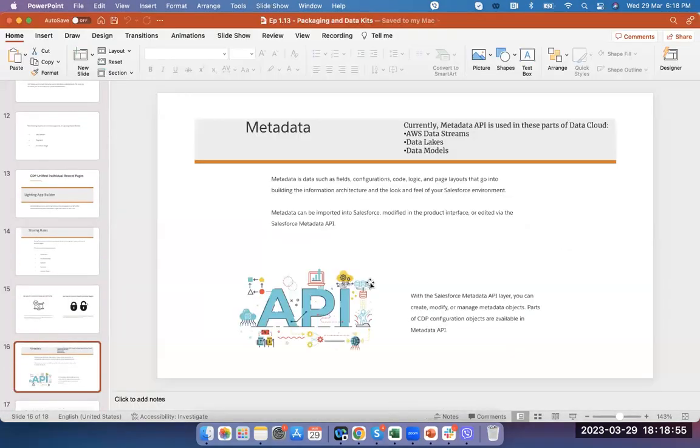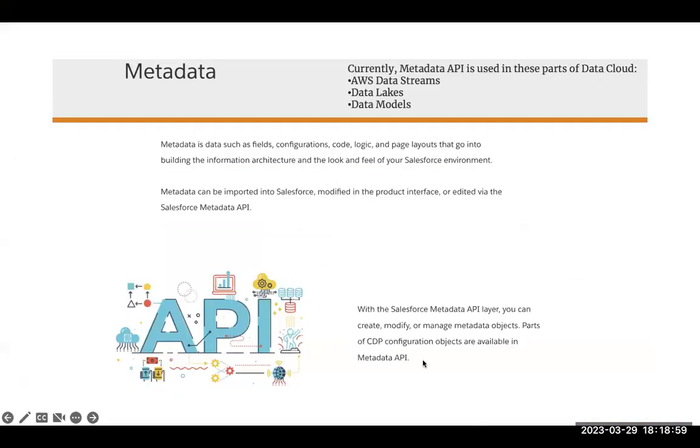The next thing is when it comes to metadata. I know there's a concept where people will always ask me, funny, our own Salesforce, Sales Cloud, Service Cloud, everything has a metadata API, right? But the biggest question is, can any one of these tables of Data Cloud support our own metadata API? Yes, there are some tables called data streams, data lakes, data models. All these objects in Data Cloud support our metadata API as well, where we have a lot of flexibility and the configuration to define and leverage these data models in